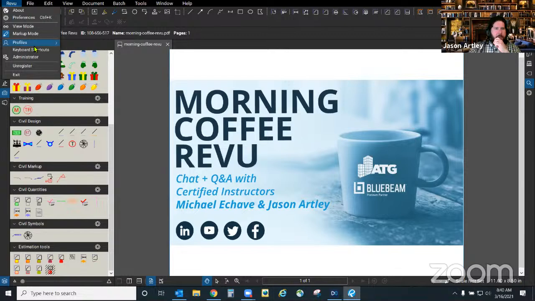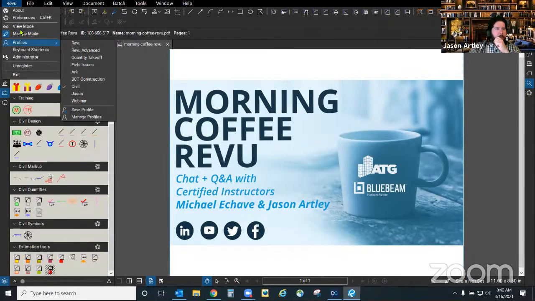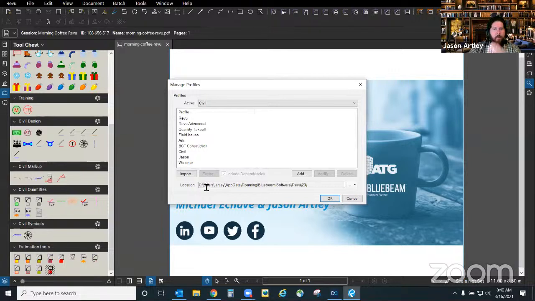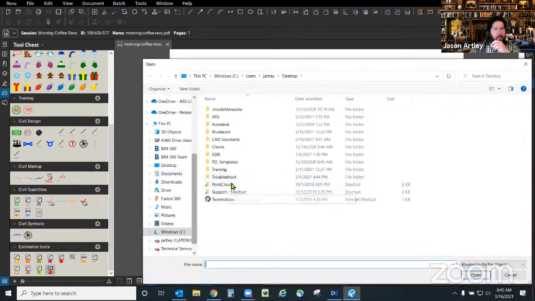So our profiles are managed in the Review application menu. So top left corner, go to Profiles. Here's where we can manage our profiles. And when we go to manage, we have that location. By default, they're going to be on the C drive, and we can put those on the server. So if I wanted to import a profile that was